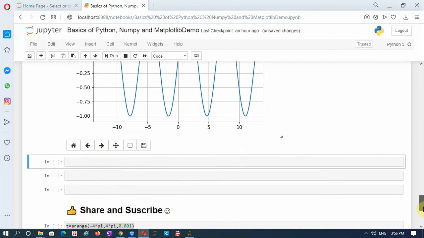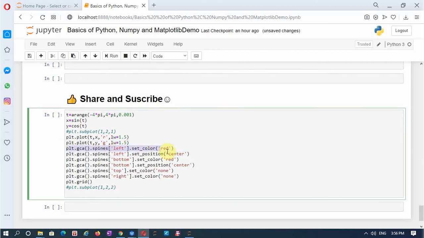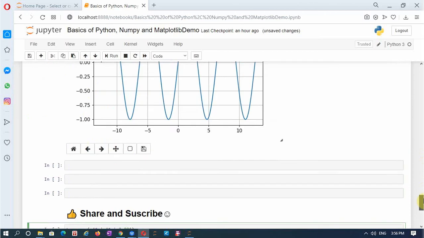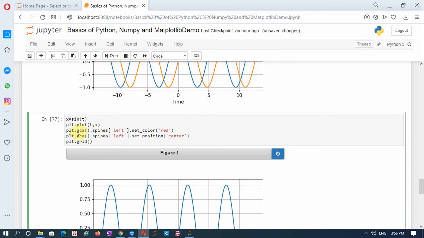This is done by making use of the function plt.gca. So this, let me copy this. So this plt.gca, get access to get control over the axis, is gca dot spines.